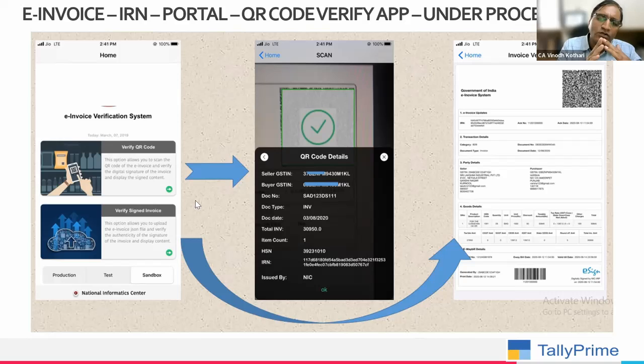You will issue a credit note when there is a sales return; the supplier should issue the credit note. When a tax amount is charged higher, say you have to charge 12%, you have charged 18% wrongly, for that 6%, you can issue a credit note. When you have charged a higher value, you should charge invoice 15,000, but wrongly you have charged 20,000, for the 5,000 plus GST, you can issue a credit note. Or there is a rate difference, you issue a credit note. What is credit note? GST credit note issued by the supplier for these three purposes, and which contains GST.